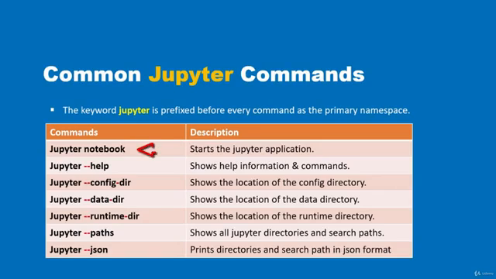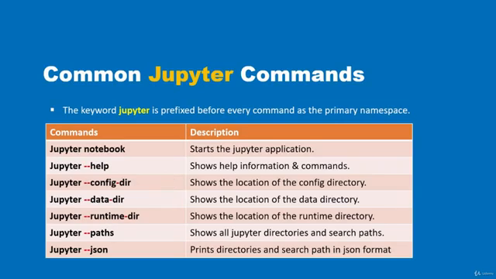First one here in the table is the command to start the Jupyter Notebook. You just type in jupyter space notebook, and that will start the Jupyter Notebook application. If you want to see all the available commands that Jupyter has, and you want some information as well, you just type in jupyter space --help, and that will show you the available commands that Jupyter has. If you want to see the location of the configuration directory, you type in jupyter space --config